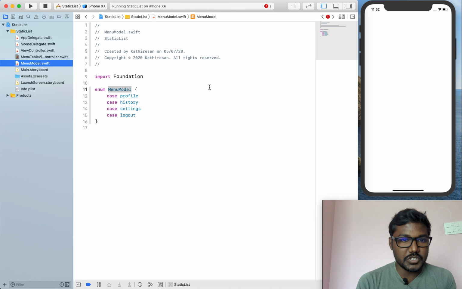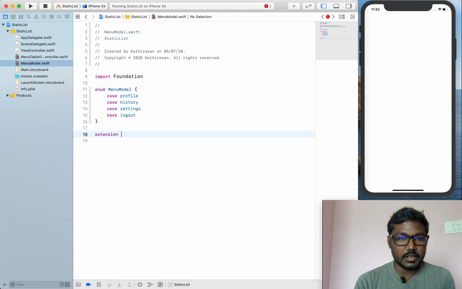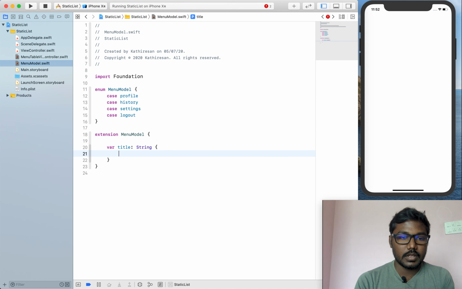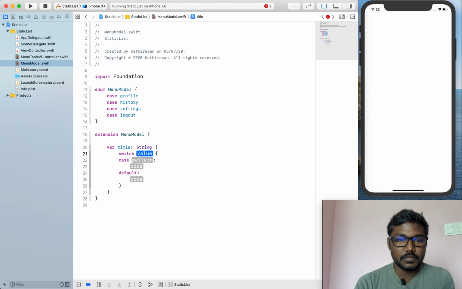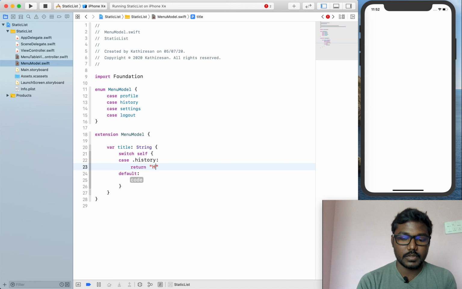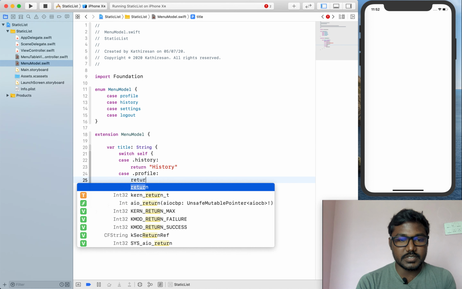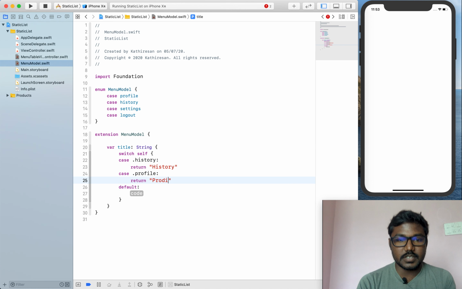We can extend our MenuModel enumerator, and set a get variable for title as a String, and set a switch and pass self. Then if it is history, we can return history as a title. Likewise, I am creating each one: if it is profile, we can set this as profile.